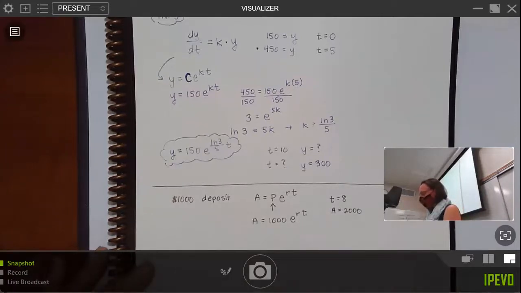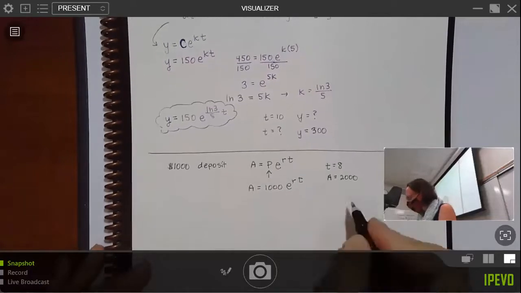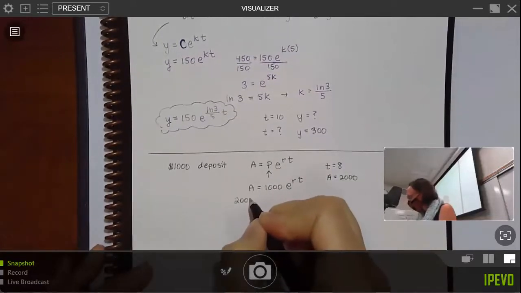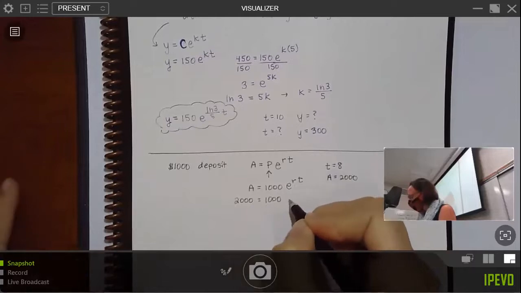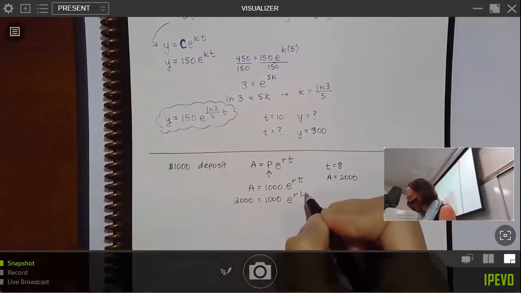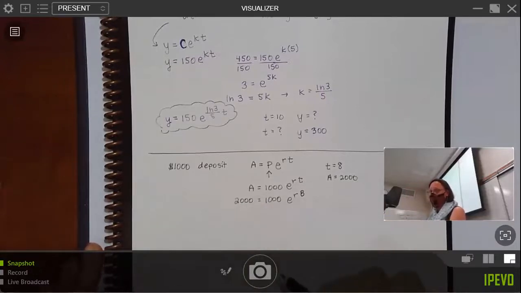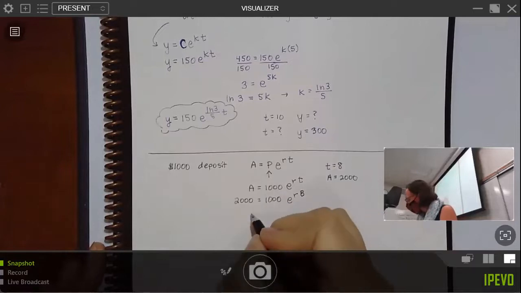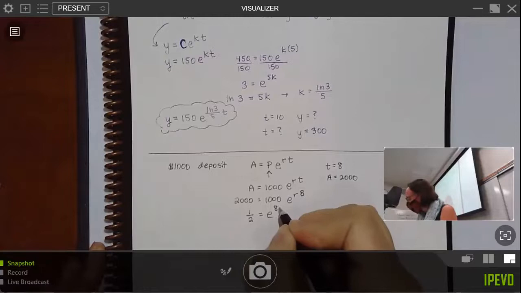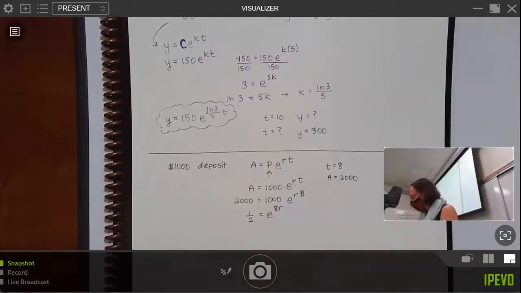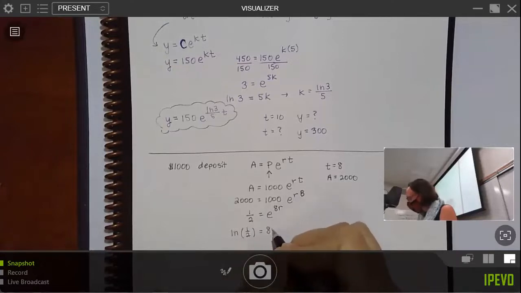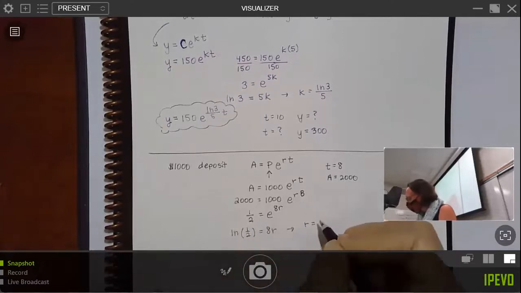So if we plug stuff in, then I would have 2,000 is equal to 1,000 e to the RT, sorry, e to the R times 8, because we're at $2,000 after 8 years. If I divide both sides by 1,000, I'll have 1/2 is equal to e to the 8R. I'll use my natural log trick again. So natural log of 1/2 is equal to 8R, which means that R would be 8, sorry, would be,